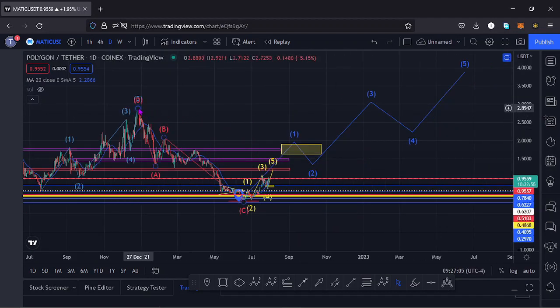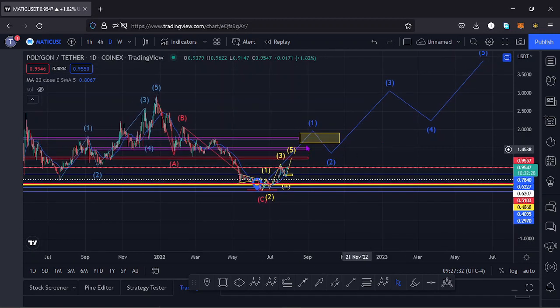Polygon Matic has been seeing lower prices in this massive ABC correction, which has now taken us to around the $0.32 mark, and we are seeing a very nice bounce to the upper side in this Elliott wave pattern, and I believe we might have seen the low for that ABC correction. Soon we might see this pump having a wave 5 taking us back to an all-time high,